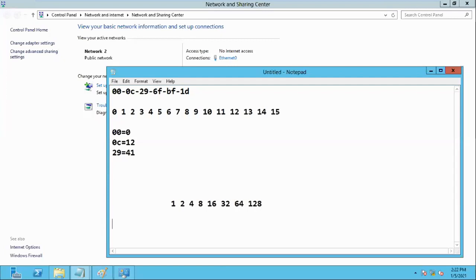And here, same like that, 1, 16, 32. 1 0 means 16, total 16. Multiply.